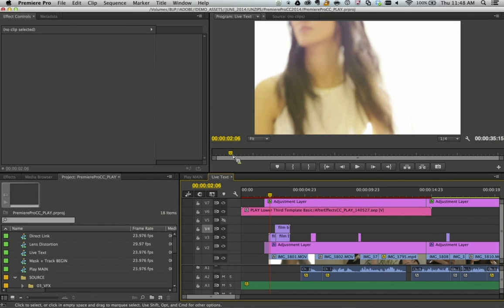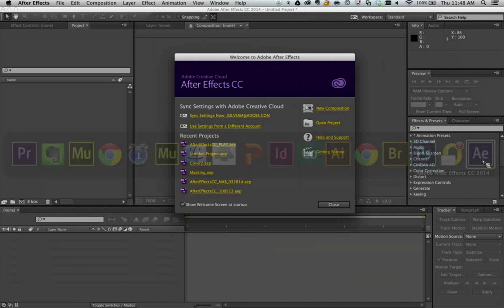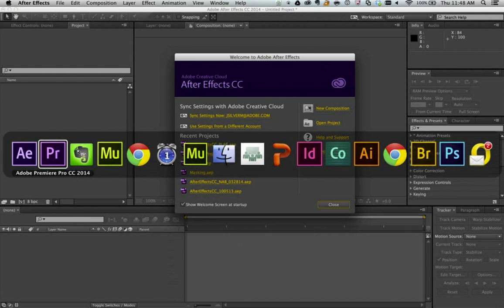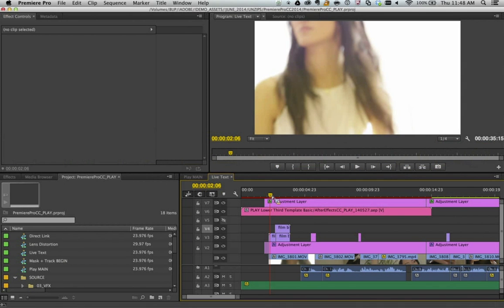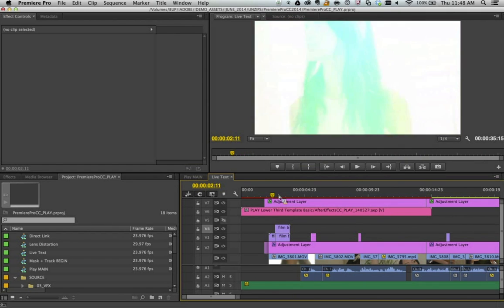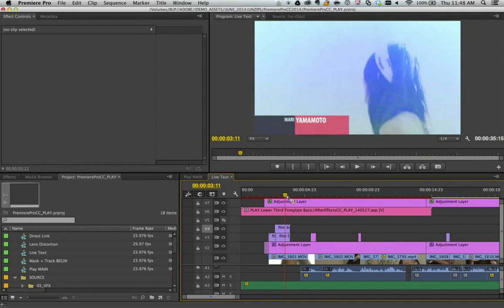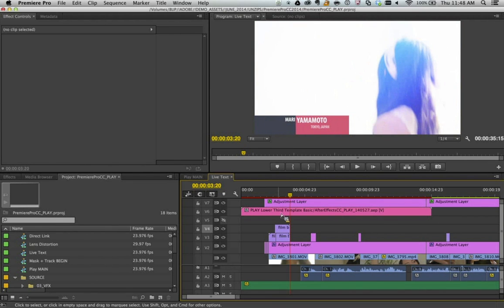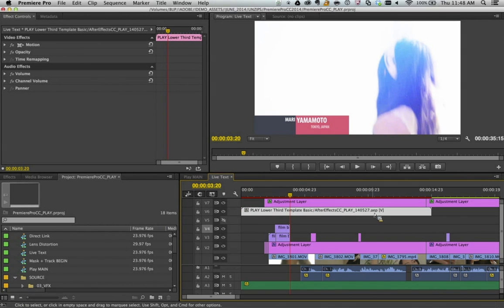Now, so I'm in Premiere Pro CC 2014. And a lot of times what you'll find is Premiere Pro users also happen to use Adobe After Effects, right? I saw that there were some After Effects users. And in After Effects, you can do some pretty sophisticated effects that you can't really get done in Premiere. Like, for example, that lower third with her name, Mari Yamamoto. I mean, there's some pretty good text effects in there that you wouldn't necessarily get in Premiere. And so what a lot of editors do is they will bring in a native After Effects